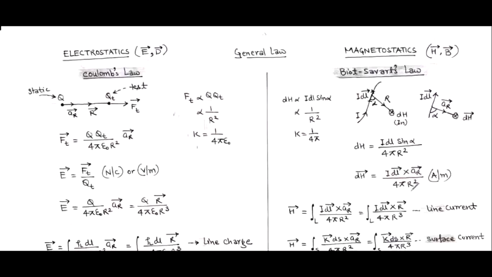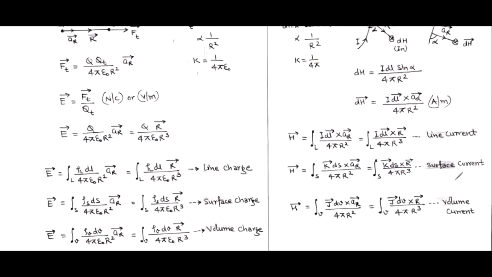So the small differential magnetic field intensity dH vector equals I dl vector cross unit vector r upon 4 pi r square, and its unit is ampere per meter. Now to determine the total magnetic field intensity, we take a line integration in case of line current element, which is I dl vector,